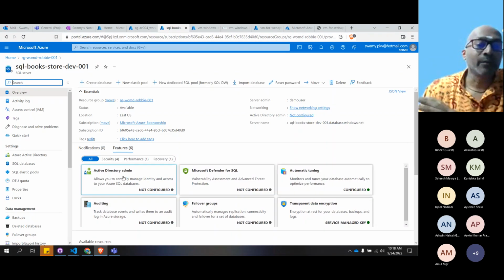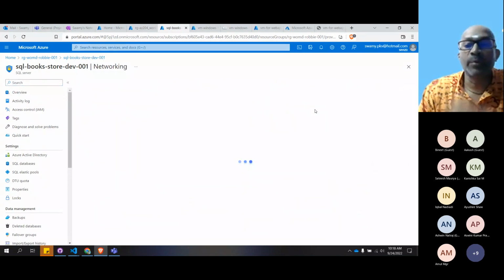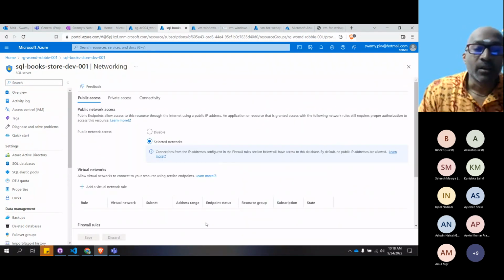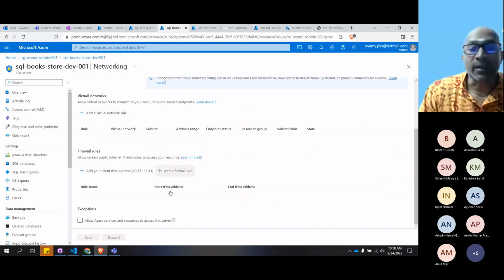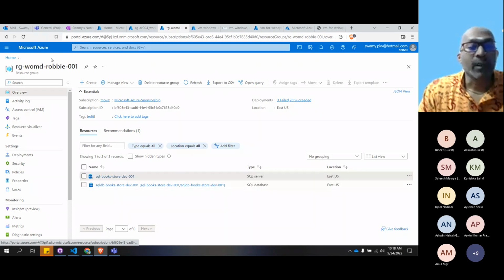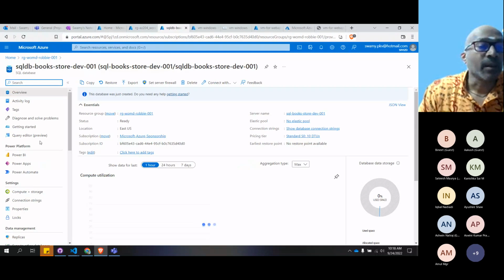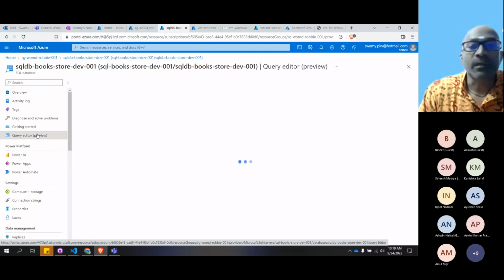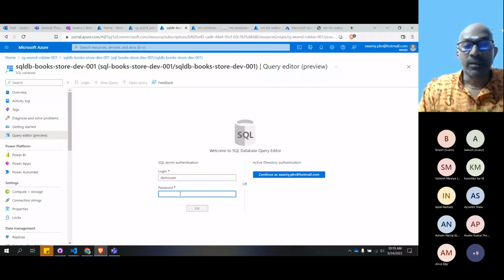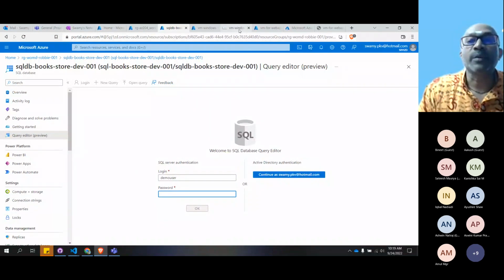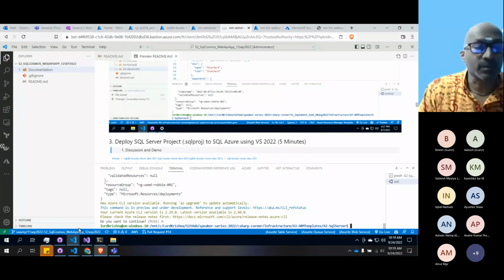Even if I give the connection string to the entire world, people will not be able to connect to it because none of the IP addresses I have enabled, even including my current IP address, whatever is my IP address here. Even I will not be able to connect. How do we know that? Let's go and get into this bookstore DB and go to this query editor, and let's give the password of this one. So what is the password which I have